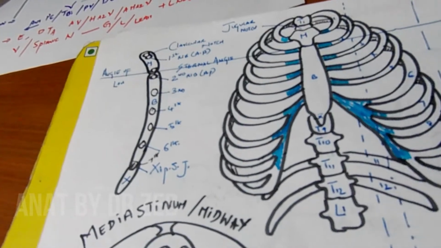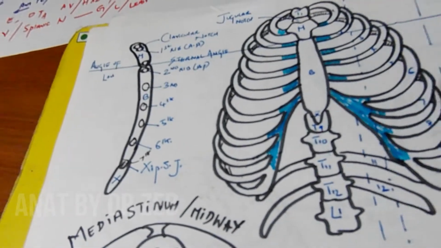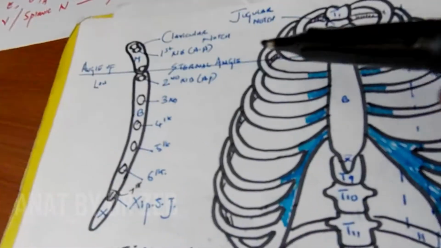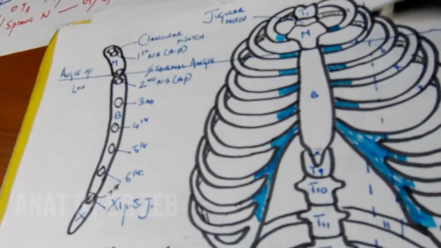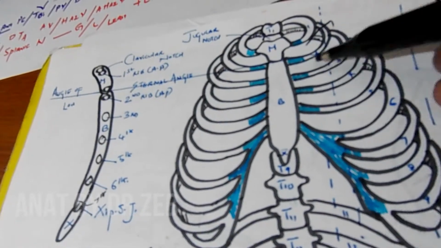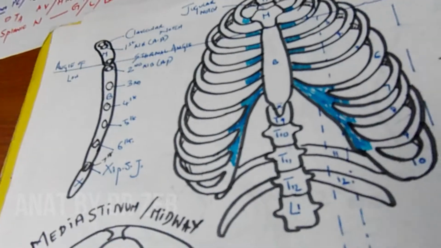We can't even make out what they are. So this is the angle of Louis and the ribs. Now, can you see some lines I've just drawn here? This is the sternal angle right here, and behind this, the person would have had the scapula present. This is where the scapula was supposed to be, and we have something here called the mid-scapular line